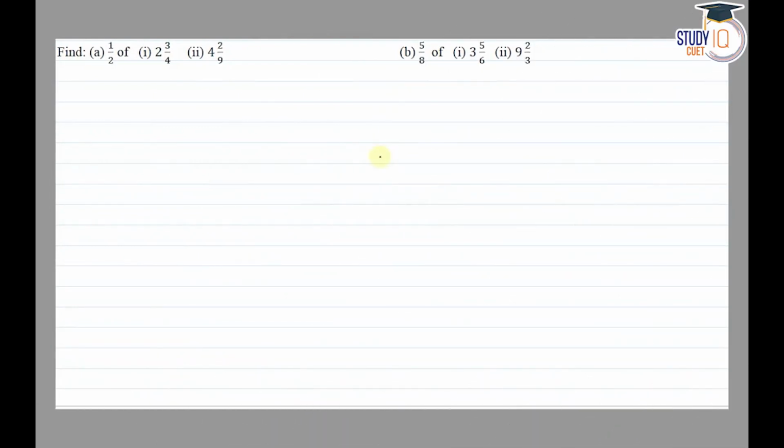Hello everyone, this question appears in class 7th NCERT, chapter of fractions and decimals. This is the 7th question of its exercise 2.2. So the question says that